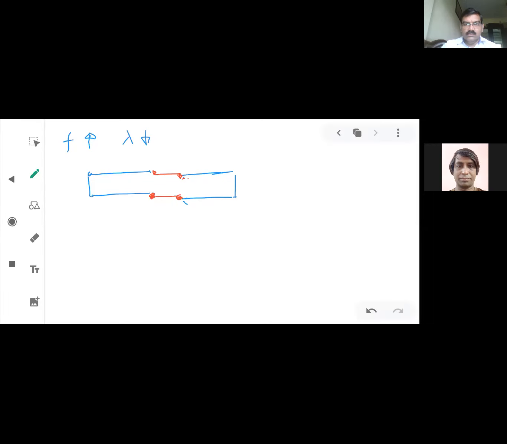So what is going to happen now if the wavelength reduces? Sorry, this will not be a fruitful discussion. I will reverse the case here. Frequency reduces, and because of which the wavelength